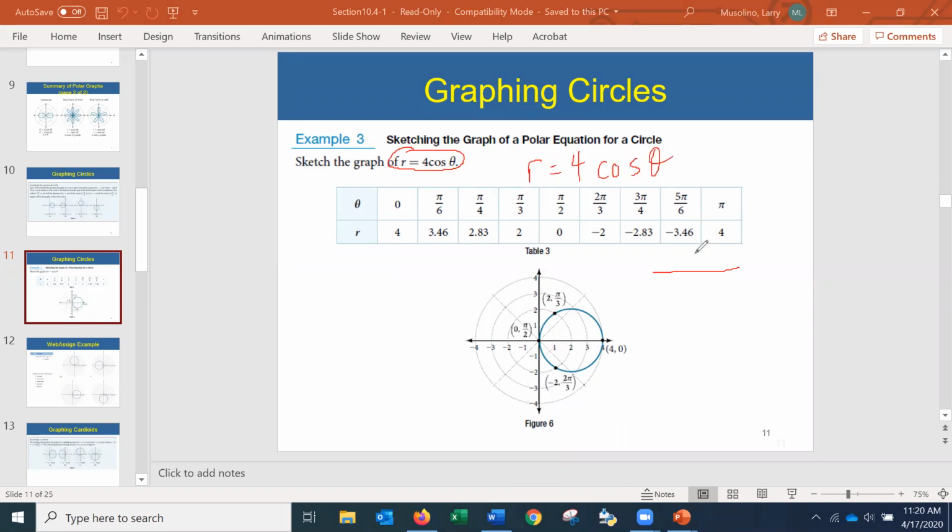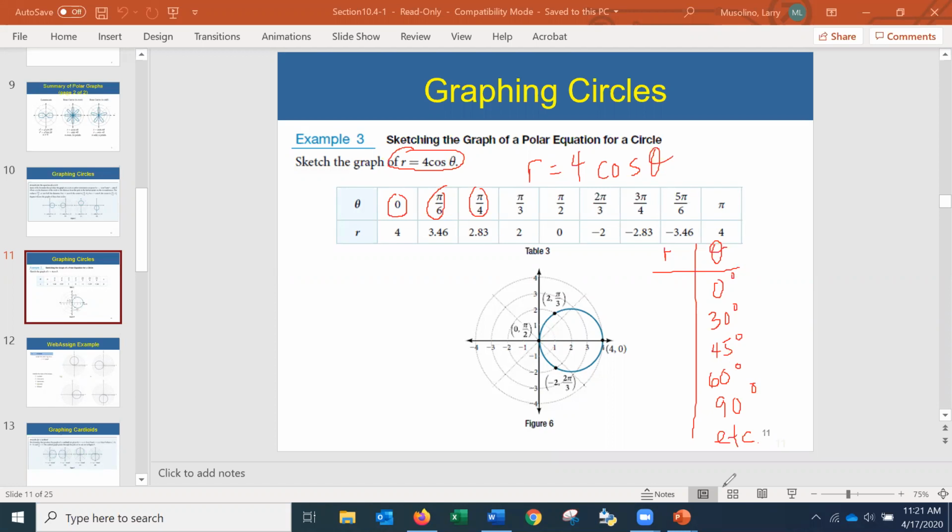What I could do is make up an r theta table. Sometimes I draw it as a vertical table like this. And I can come up with some different angles. Notice here I'll use 0 degrees, pi over 6, pi over 4. I'm going to write these in degrees just to make it a little easier. Let's say 0 degrees, 30 degrees, 45 degrees, 60 degrees, 90 degrees, and so on.